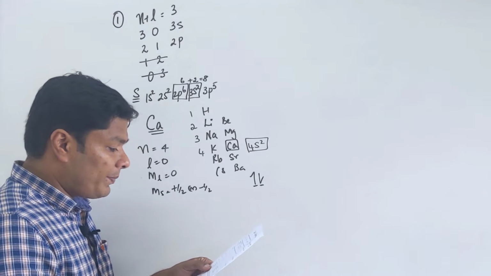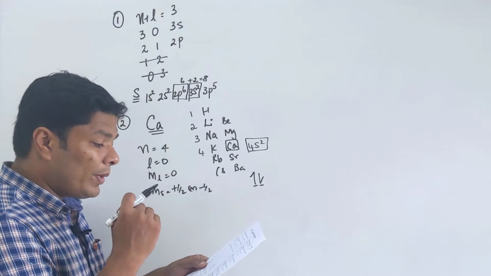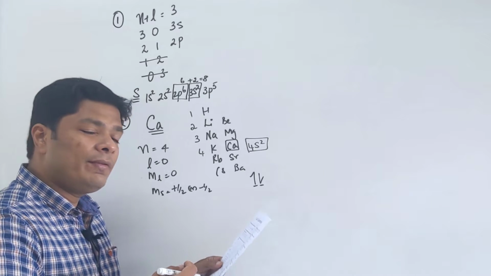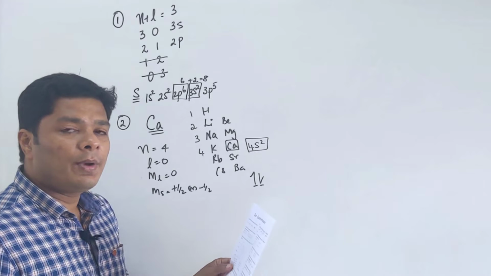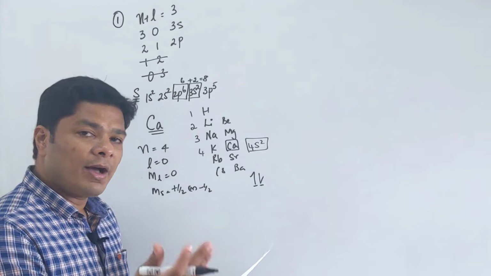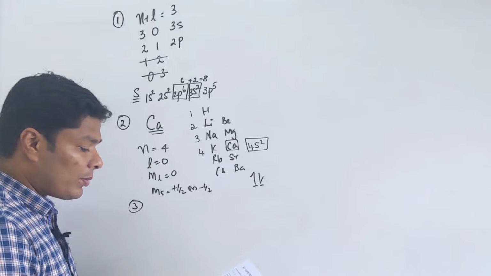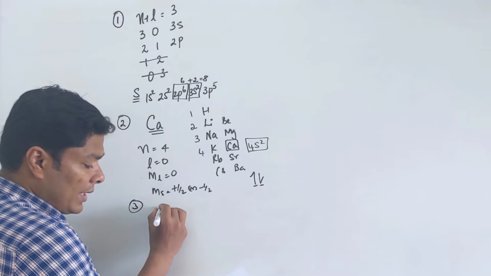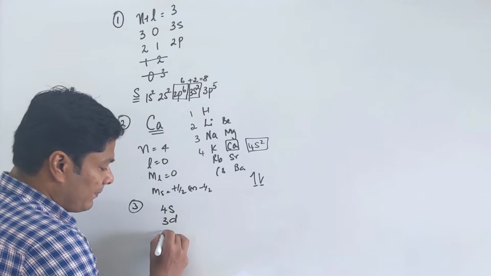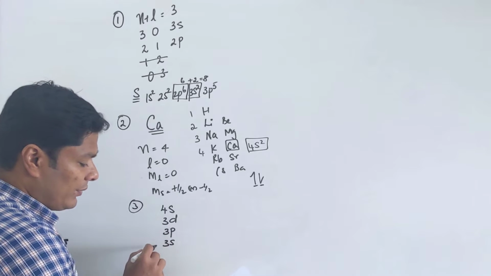Okay. Number 3, choose the correct option regarding the energy of empty orbitals. Why are they saying empty orbitals? If it were a completely filled orbital, depending on what it is with, the orbitals might be disturbed a little bit, but you don't have to worry, that is higher level chemistry. It doesn't really matter. So for question number 3, let's first write the orbitals. What is the first one? n equals 4, L equals 0, 4s; then 3d, 3p, 3s. This is what is given: 1, 2, 3, 4, correct?